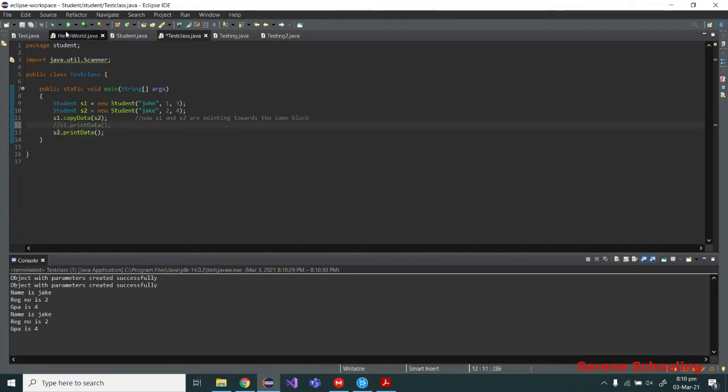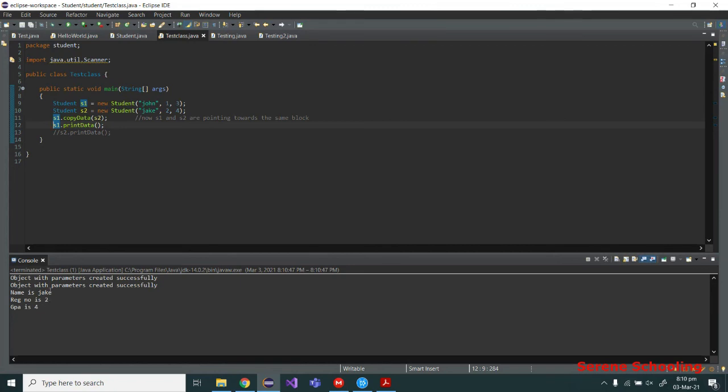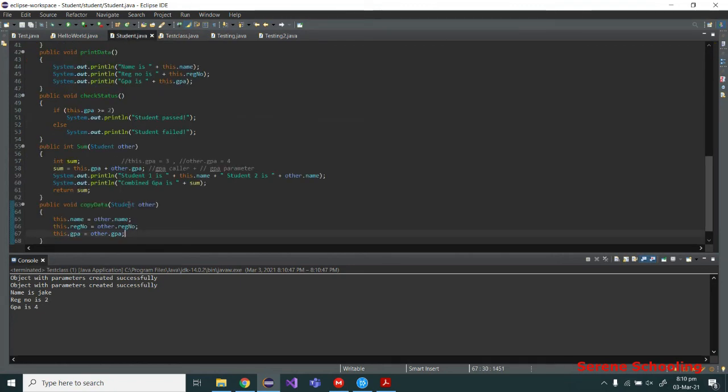Now let's print s1 actually, since s2 is the object that has been copied from. Now as you can see, the data has been copied into s1, and so let's look at this code. So this is the name of s2, and this one is the name of s1. So it is basically